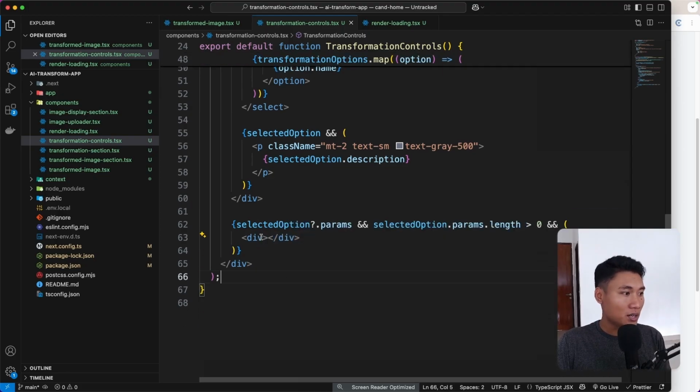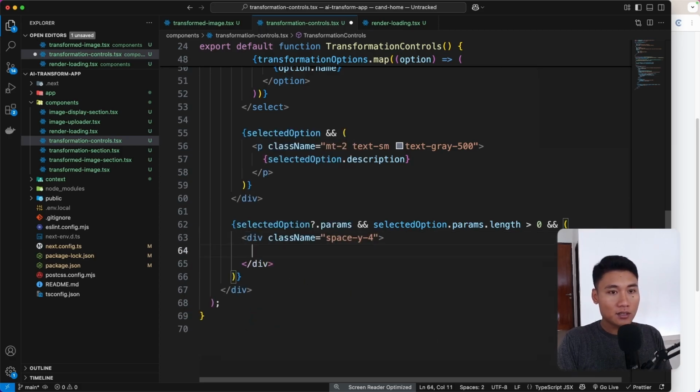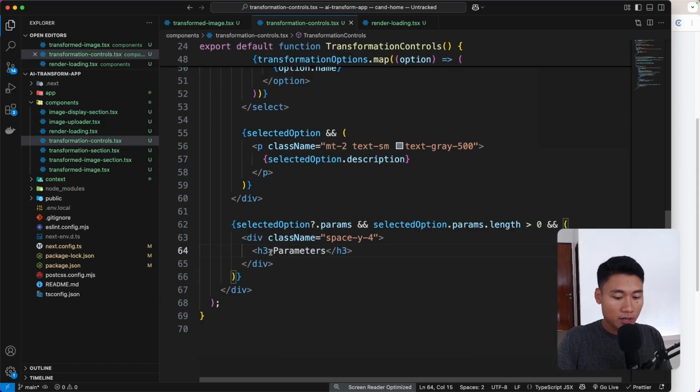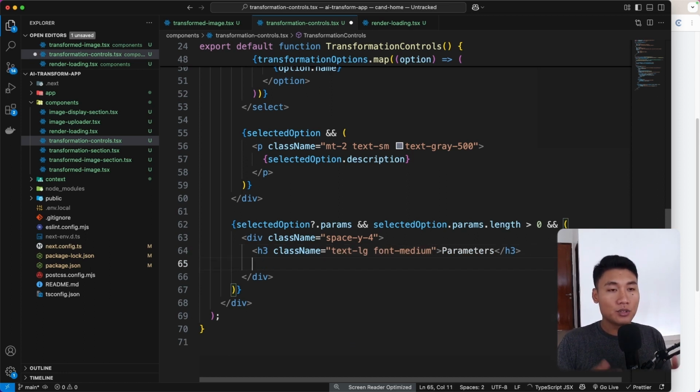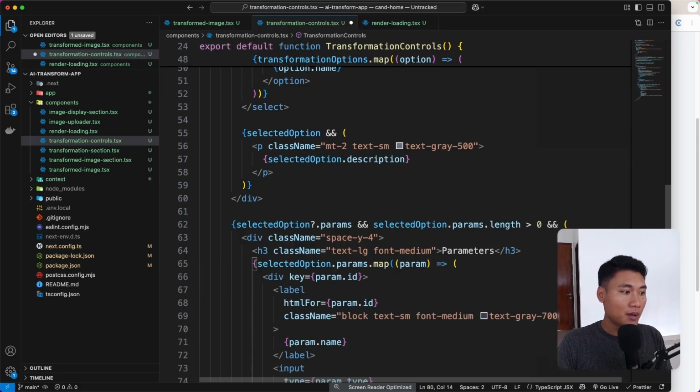Here I'm going to add a className space-y-4, and inside this div I have a heading 3 that says Parameters. I also want to add className text-lg and font-medium, and under that I'm going to map through the params. So I can say selectedOption.params.map,